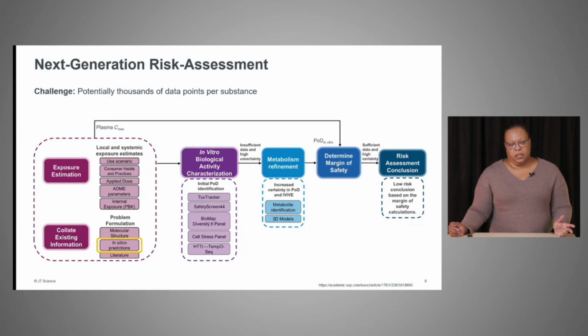You have the exposure estimations with all the different scenarios that could go into how the living system is exposed, how it's moving through the body, how it is going into the person. But then you also have gathering all that information. And when you're gathering all this information, you have to know about the structures, you have to look through the literature, and then we have a bit more of what you'll hear from Daniel about the in silico predictions for,